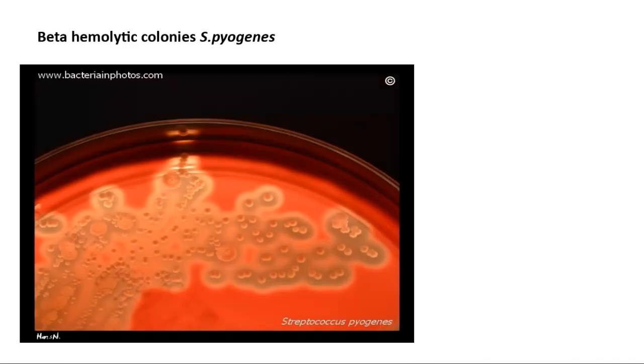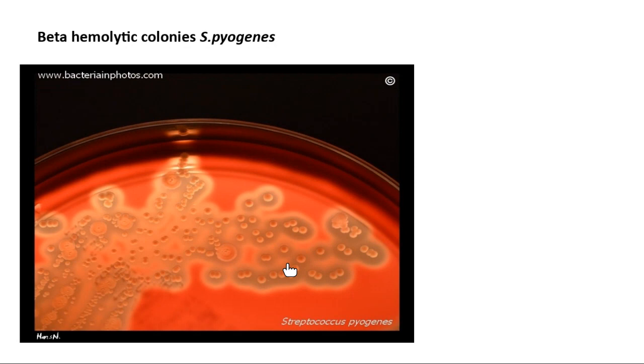Okay, so this is the blood agar. We take the sample from the throat swab, and then when grown on the blood agar, next day we find the colonies, which are beta hemolytic. What do you mean by beta hemolytic? If you remember, can anybody tell me what beta hemolytic is? Complete lysis, yes. Complete hemolysis, good.